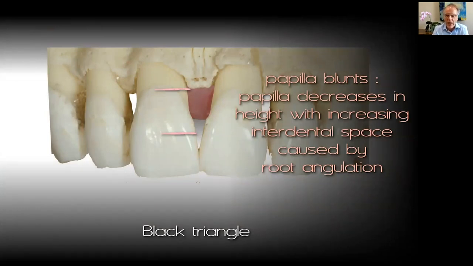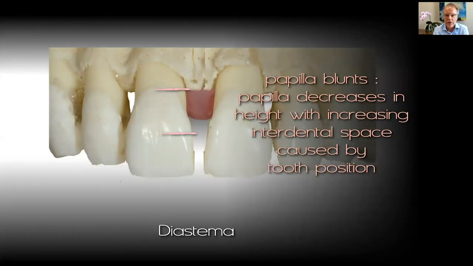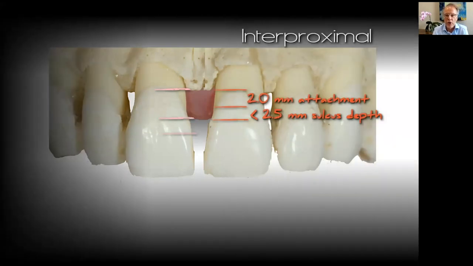Okay, so black triangles. The papilla decreases in height with increasing interdental space caused by root angulation, as I was just showing you clinically, between the lateral and central. If I create a diastema, it's identically the same problem, but now I have to deal with the anatomic form, and I would argue in both cases. But if I have a diastema, the teeth may get physically wider, which may then negatively impact the width to length proportion. So interproximally,